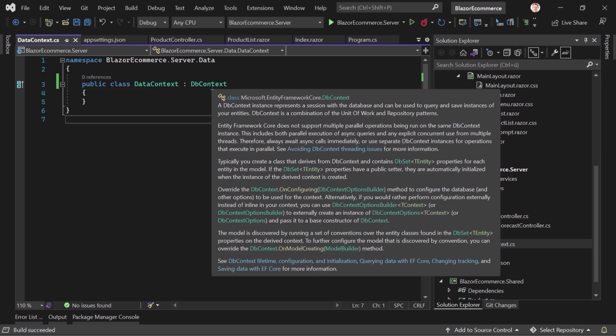Now, what is this thing? Well, we can read the beginning here together. A DbContext or database context instance represents a session with the database and can be used to query and save instances of your entities. DbContext is a combination of the unit of work and repository patterns. We will also use the repository pattern quite often, starting in the next section, where we will use services instead of